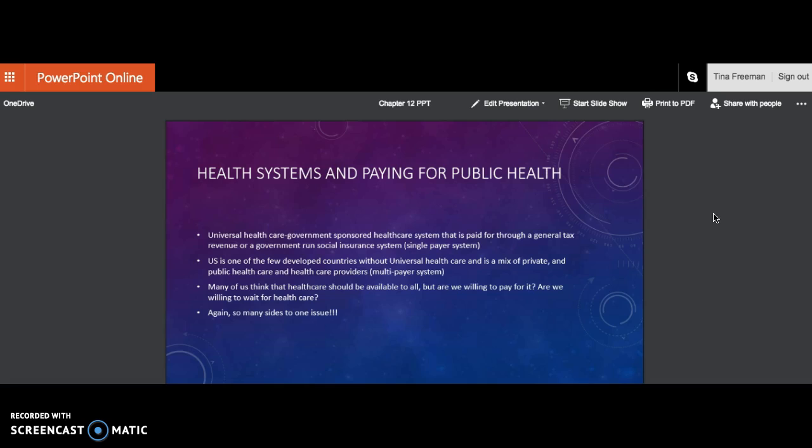But here is the bottom line question. And this is where it gets so convoluted. When we start thinking about ethics coming into play, are we willing to pay for it? Are we willing to go to a universal healthcare system in which pretty much the decision to see a provider is taken from us? So I have the luxury now, being insured through Blue Cross of Idaho, that, you know,